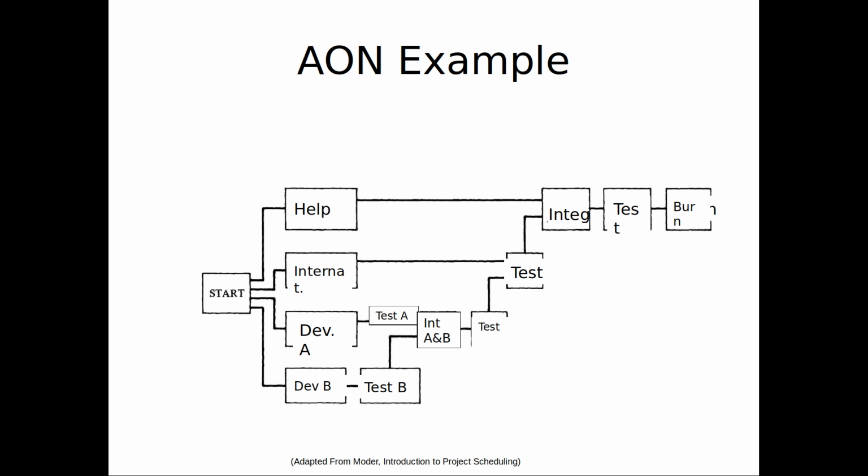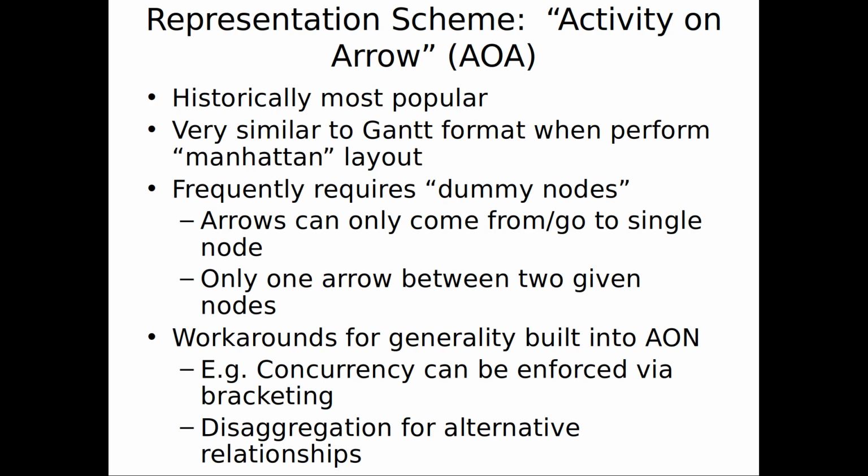There might be some internationalization which can take place. Someone's translating our system into Chinese or translating it into French, and that can go on in parallel. The translation of the strings and the messages can go on in parallel with the basic functionality of the system being put together, and maybe there's a help system which can be put together in parallel with that. Okay, so here we have tasks on nodes. We have dependencies illustrated with the arrows.